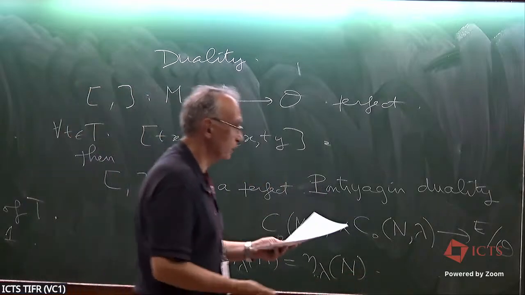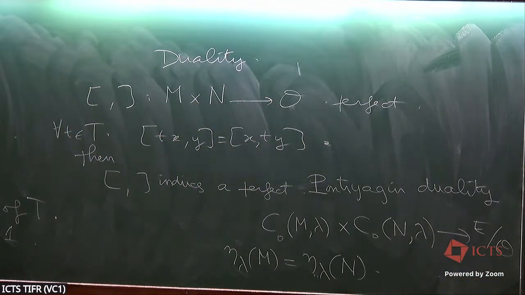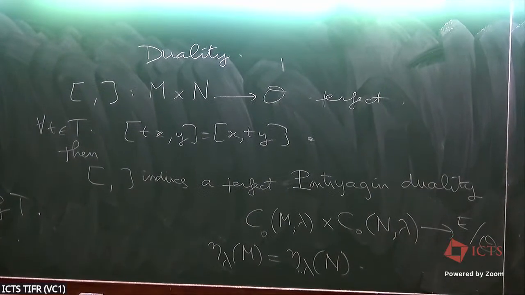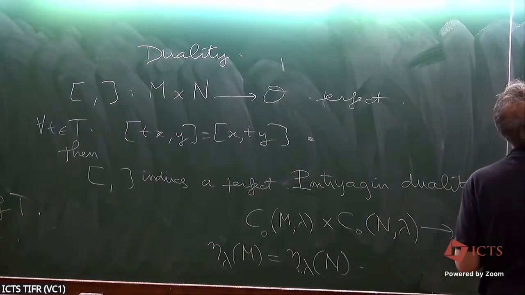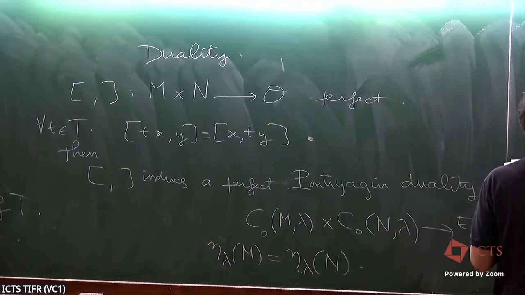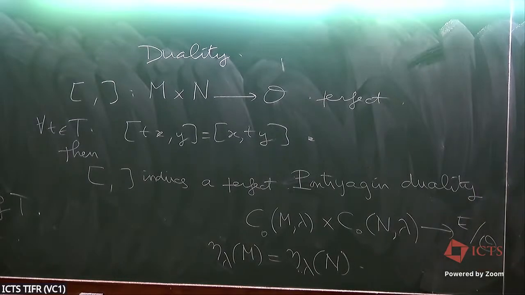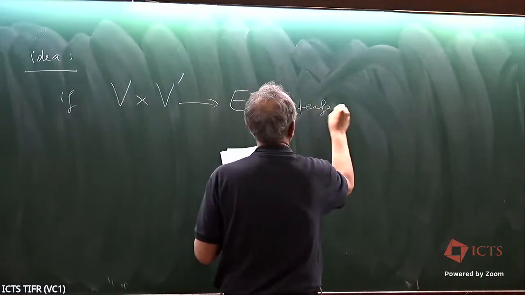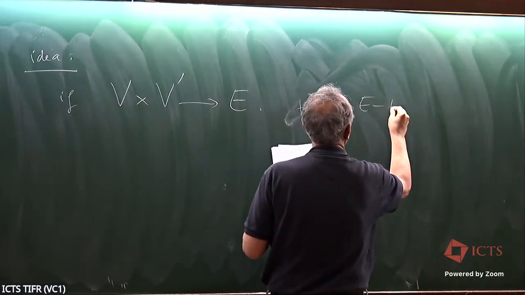We'll have the same cardinality. So I sketched the proof. This is pure algebra. If we have a perfect pairing V times V prime to E, a perfect E-bilinear pairing,